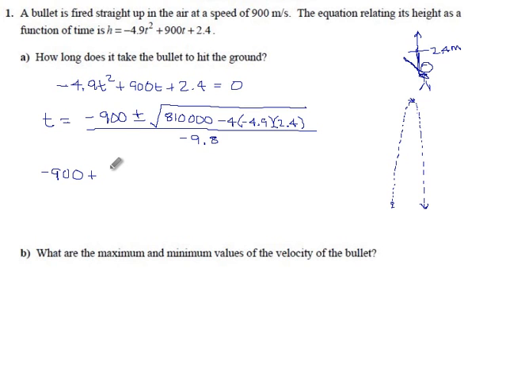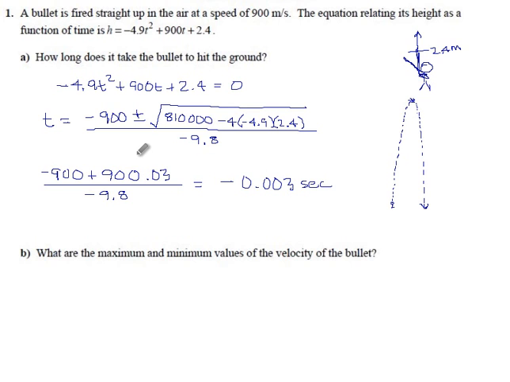So we get minus 900 plus 900.03 divided by minus 9.8, and that ends up being 0.03 divided by 9.8 negative. Okay, so one of our answers comes out to minus